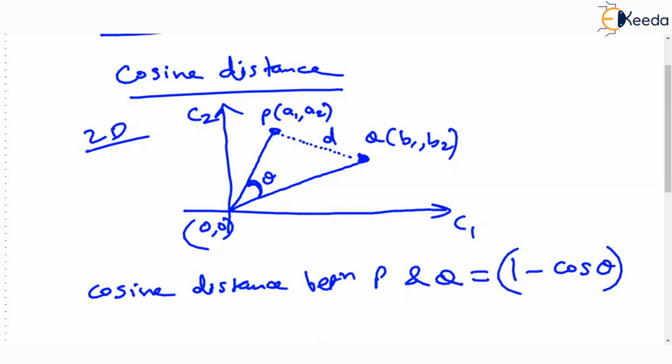I proved that you can represent distance in many versions, correct or not? First of all, if this theta is 30 degrees, then cos 30 will be a large value, and 1 minus that will be a very small value. This value might come as 0.56 something. I'm not sure. But we are claiming the distance between P and Q is simply 0.56.